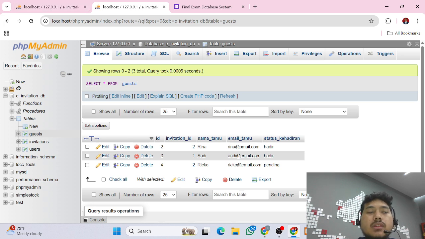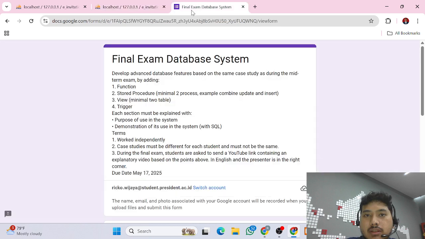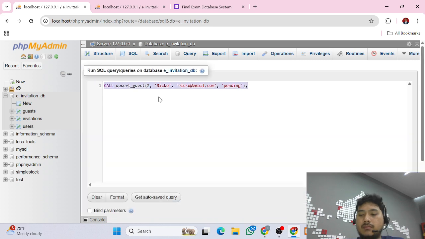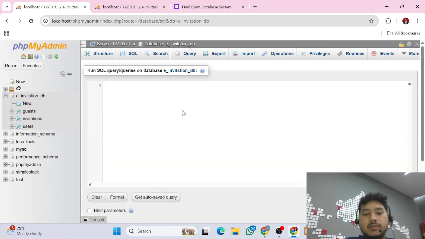What is next? Let's see the description. Okay, so we have already done the stored procedure for update and insert, and now I will do the view, minimal two tables. Okay, so for a view we will create view guest report